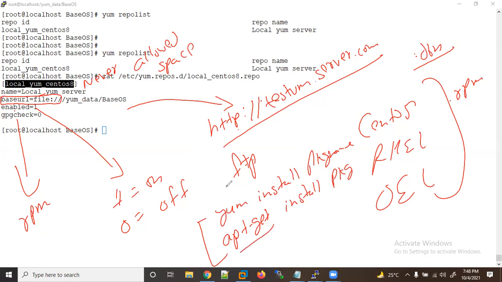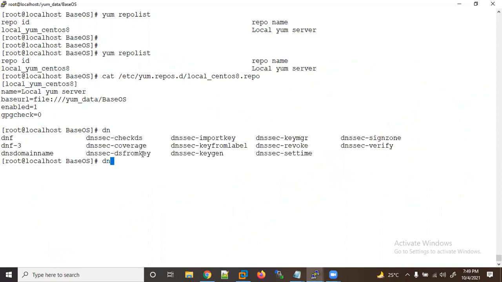But now a new, advanced command utility has come, that is DNF. I will show you that as well. So here I can use dnf repolist. Now yum is being replaced with this one, and you will see the same things here.